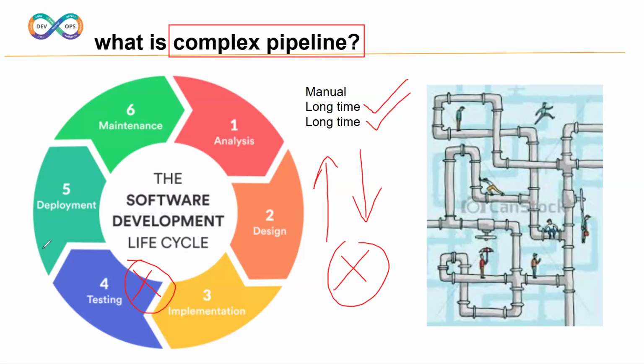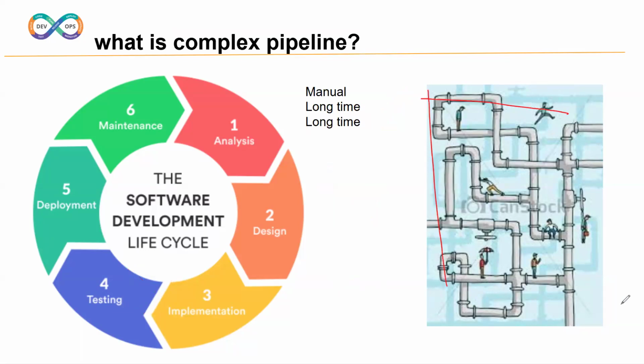Let us take an example. Say this is a water pipeline, and it is underground, not on top of the ground. Somewhere it is blocked. It is not a leakage, it is a blockage. Can we identify it immediately? No, we can't identify it immediately. It will take a couple of days. After identification, resolving the issue will also take time, around 2 to 3 days, sometimes maybe 1 week.